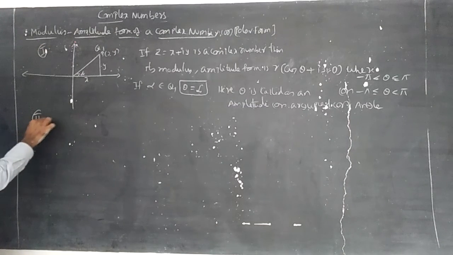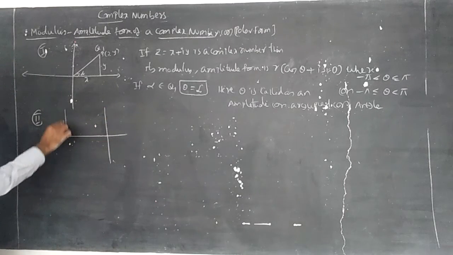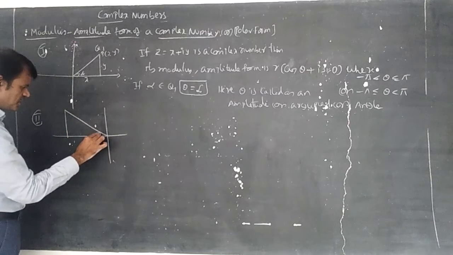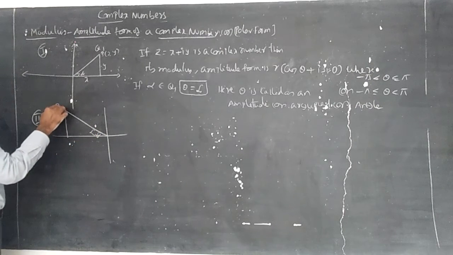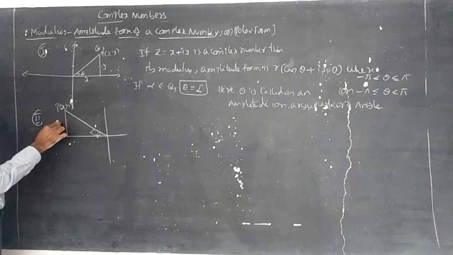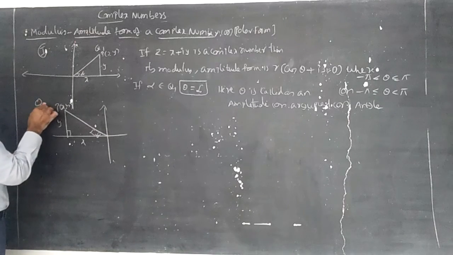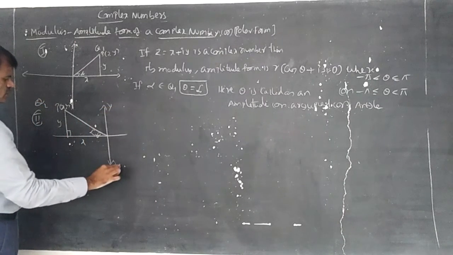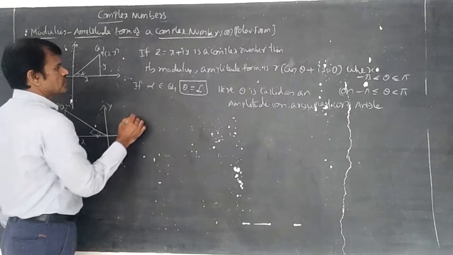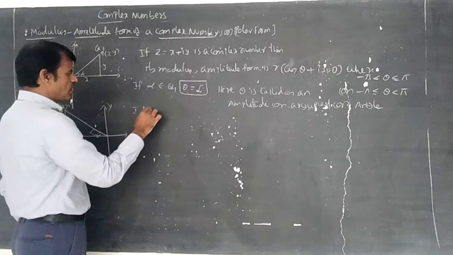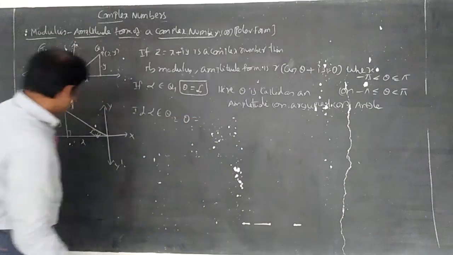Next, put Roman number 2. The angle is indicated from the positive direction of the x-axis like this. Put alpha. Of course, the point x comma y, or theta, is indicated here. This is y, this is x, and this is the perpendicular line. This is Q2 I am writing. This is y, this is y dash, this is x, this is x dash. If alpha belongs to Q2, theta is equal to